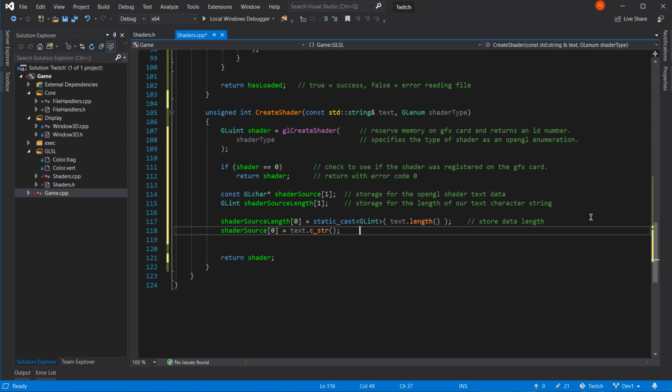And this converts our string to C standard char star as OpenGL is in C. So we've got a conversion, which is an awkward one.